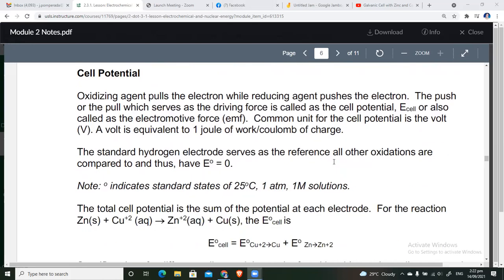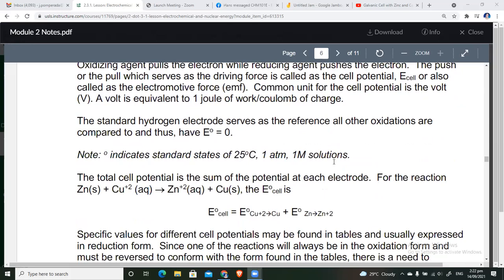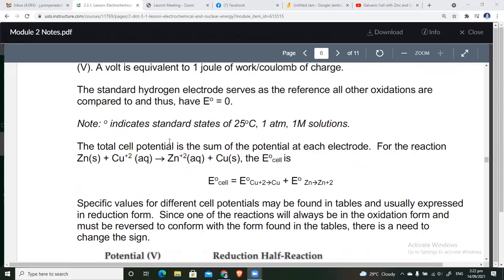Now I move on. Interrupt me if you have any questions. So the total cell potential, if you want to measure it, is the sum of the potentials of each of the electrodes. For the reaction where zinc is being oxidized and copper being reduced, the standard cell potential is given as the sum